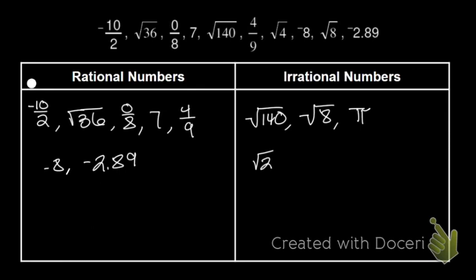Okay, now we're going to get more. We can add more to this list as we go through this lesson, but those are examples of what we consider to be rational versus irrational numbers. Anything that can be made into a fraction is rational. If it cannot be made into a fraction, it is irrational. If it cannot be made into a whole number, same thing, irrational. If it is a whole number, it's rational. So we're going to practice that category and how we can put them in the right spot based off what we know in the definitions. All right, so that's that example. Just to continue on through our lesson,